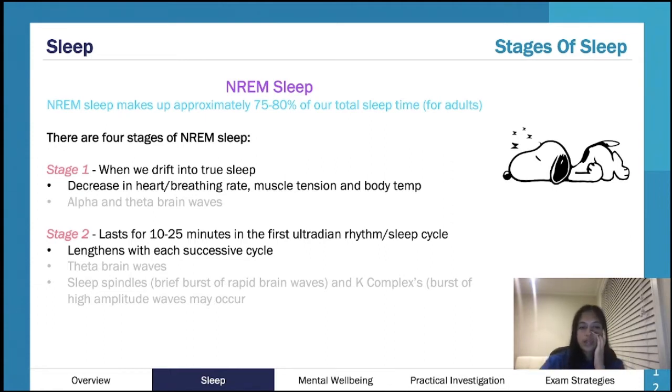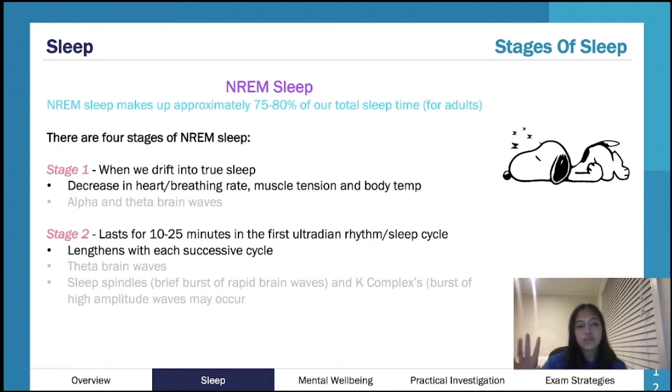In the first cycle, you don't really need to know these specific minutes, but in the first sleep cycle, that first portion of NREM of the night, you spend a decent time in stage 2. And similar to REM, as the night goes on, you spend a little bit more time in stage 2. We have a nice graph coming up that'll hopefully make things easier to comprehend. But stage 2 is where you spend a decent amount of your NREM sleep.